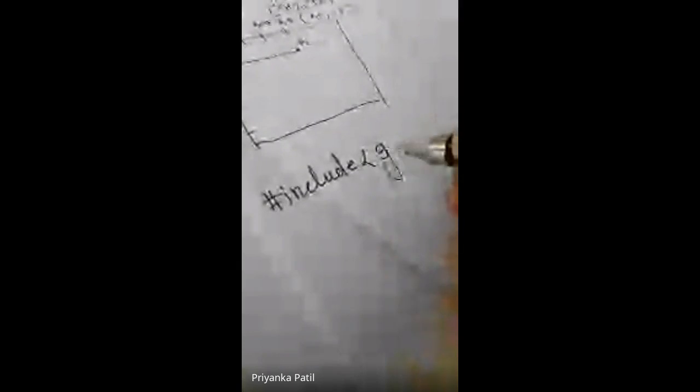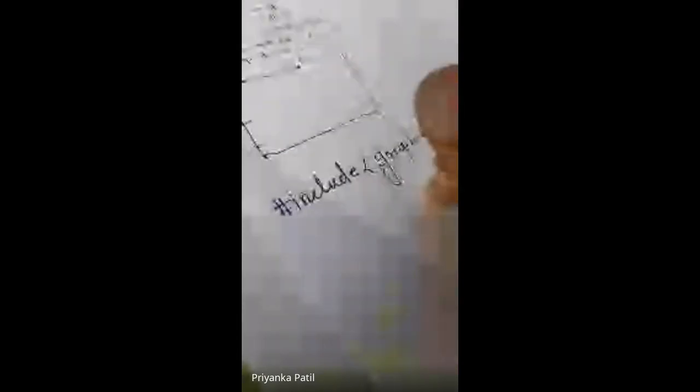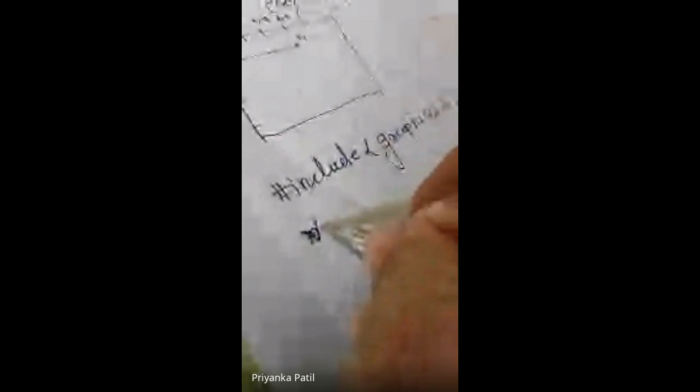So there is a structure to define that program. First, we use the header files. For example, hash include graphics.h, through which header file we access the graphics-related functions. Then we can use conio.h or stdio.h, depending on the requirement of the functions used in your computer program. Next is void main, opening bracket and closing bracket.